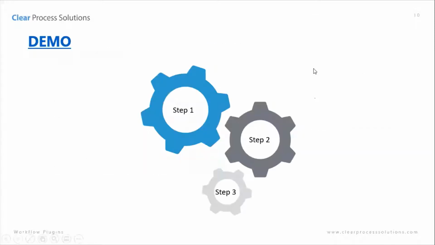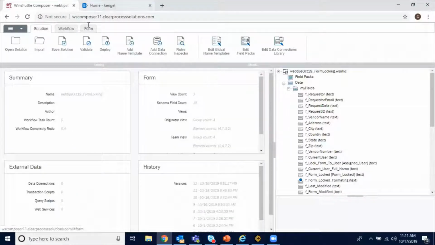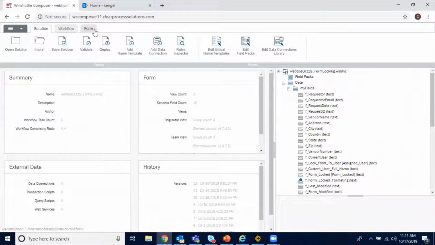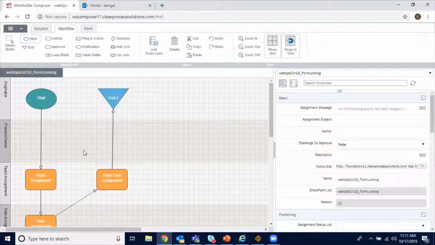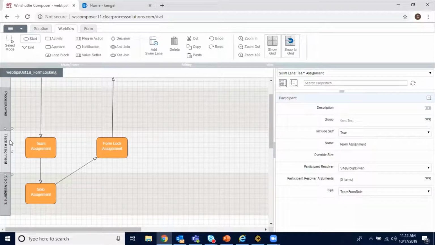So now we have the demo. So before I go through the actual demo of the SharePoint form, I'll show you kind of what I mean by some of the setup in the form here. So in the workflow, we have the team assignment and the solo assignment. And this is basically the two-step process. So first we have the team swim lane, which assigns it to everybody that's in a particular SharePoint group. So everybody will get that task,